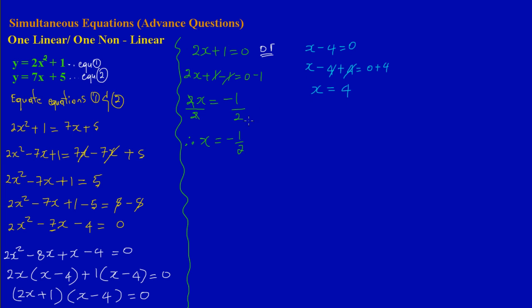Now from here in I have two solutions for x. So by intuition it would suggest that if I have two solutions for x, I must have two solutions for y also. So now I need to find my two solutions for y. So all I'm going to do is take each solution for x and substitute it in any one of these equations and solve for y, the two corresponding y values. Okay, so now I'm saying substitute